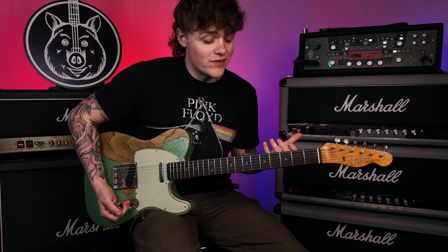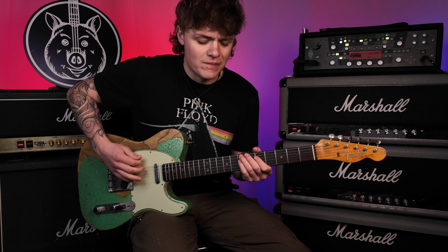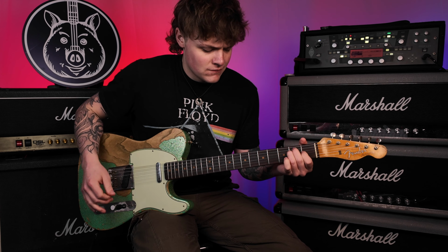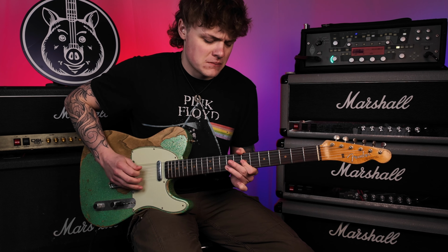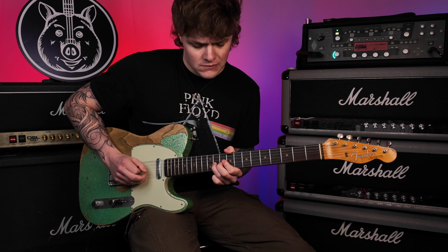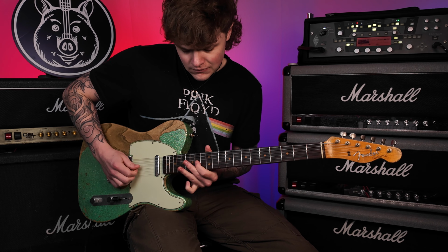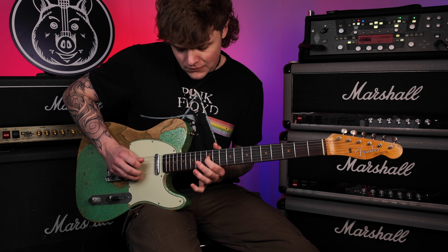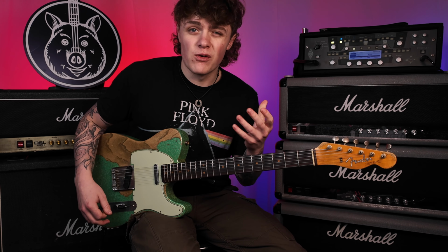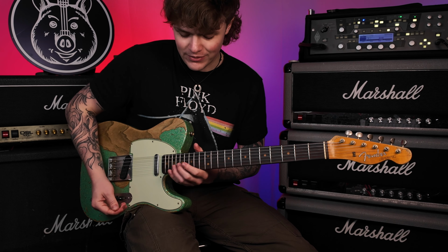Very cheery with a lot of definition, but it's obviously very saturated with that fuzz pedal. So let's hear that a little bit more. I really like that tone right at the top of the neck. It's got a nice warmth to it and it doesn't sound too trebly, so it's great for the...